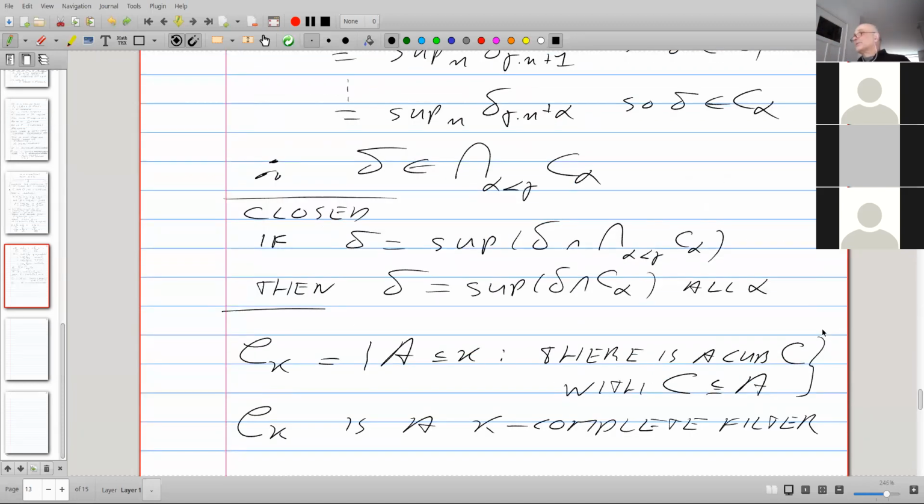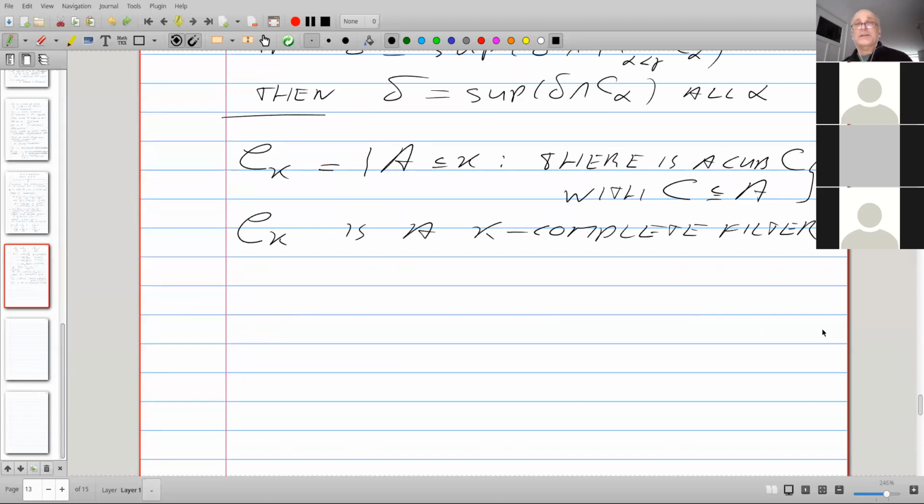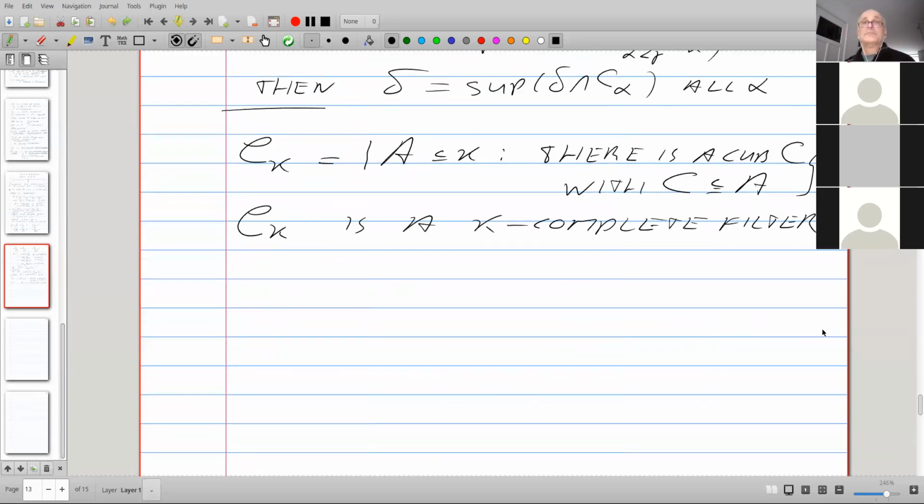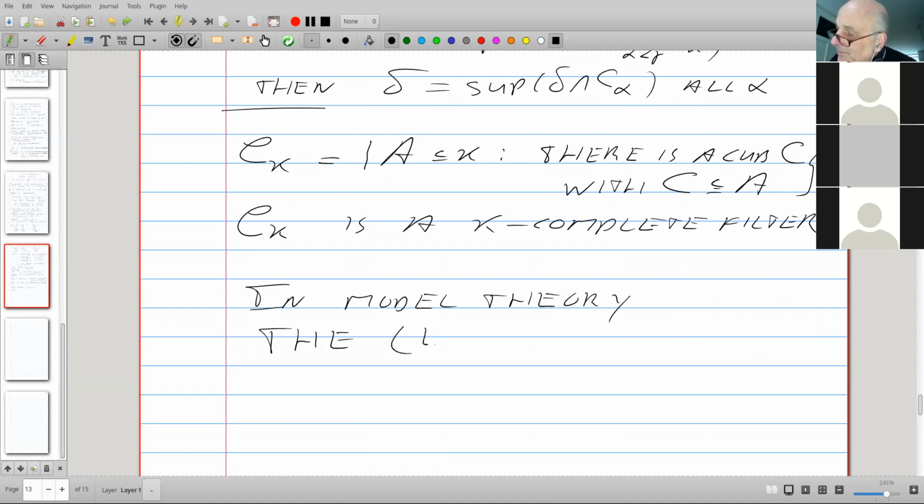Why do we talk about the closed unbounded sets anyway? Well, they occur, and that's what you will see in the group interaction. In model theory, the elementary, so if you have done your model theory, you know what I'm talking about.